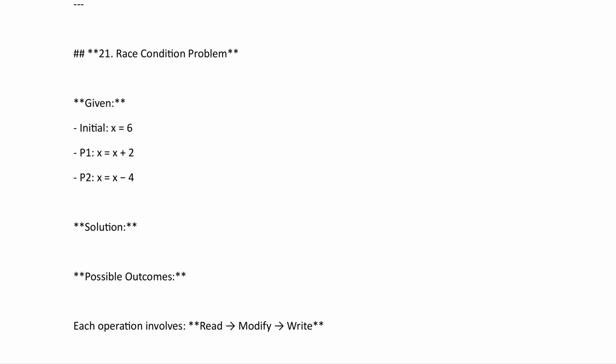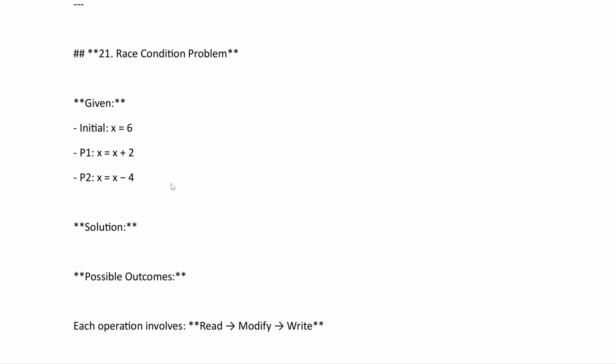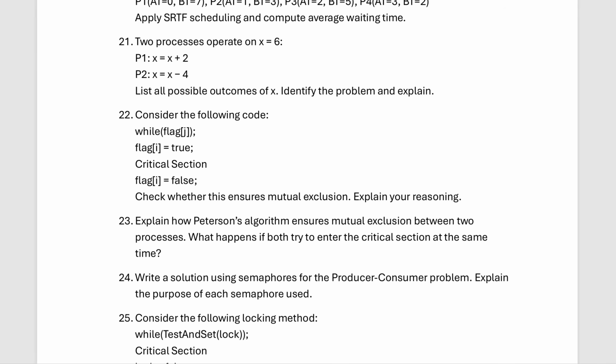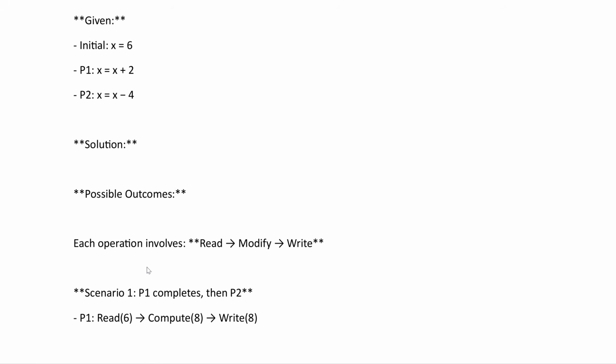Now, in this question, basically we are having the race condition because both of the processes P1 and P2 are operating on the same variable x, right? So there is a race between these processes P1 and P2 for accessing the value of x, right? That's why it is known as the race condition problem. Possible outcomes can be, for example,